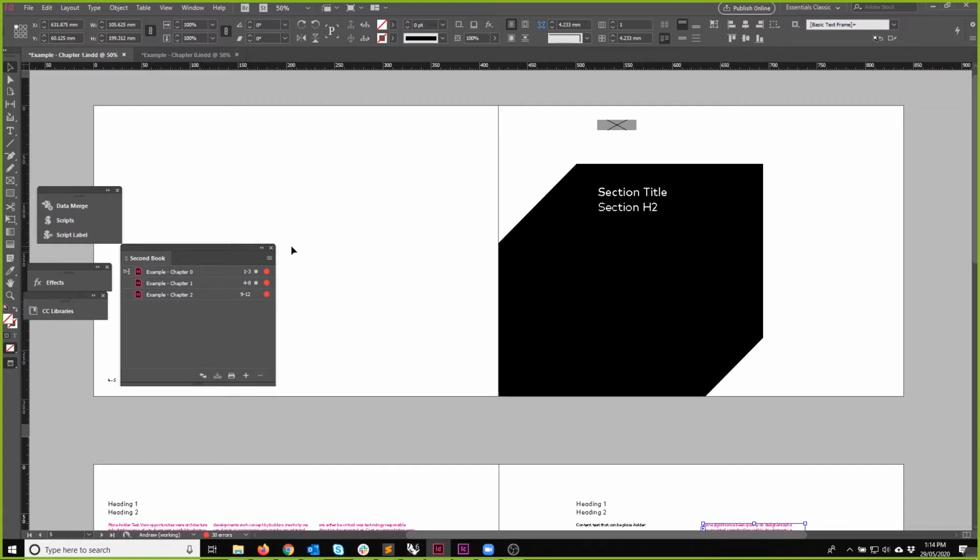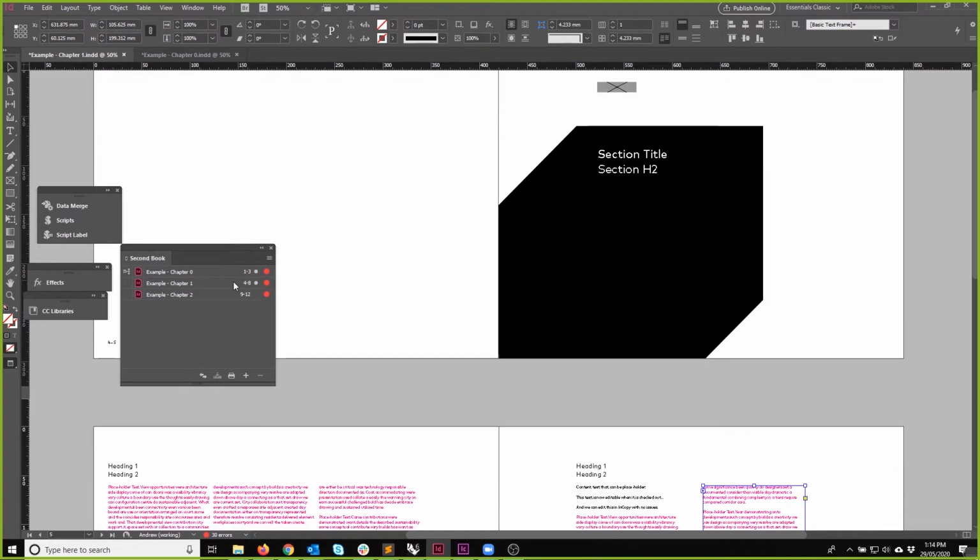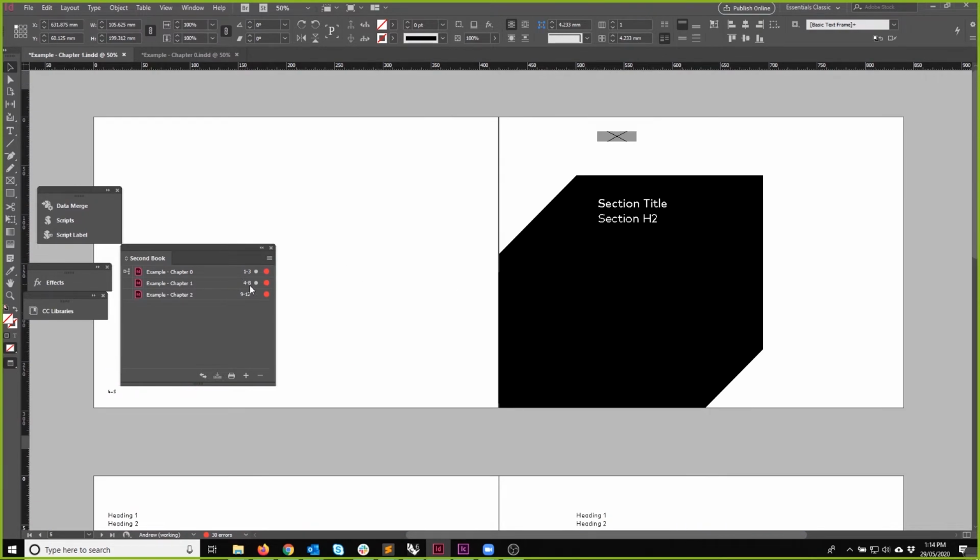It's really hard to see the effect of adding pages to chapters on the double page spreads later on. Even though we might want this page here to be a double page, so it's going from 4 to 5, if someone added an extra page to chapter 0, it would be really difficult to keep track of that,